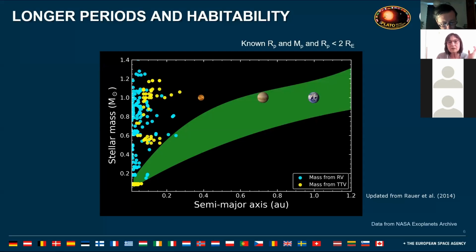Then if we take indeed the small exoplanets that we have seen before, so the ones with less than 2 Earth radii in size, and then we represent them now as a function of the distance of the star, and also as